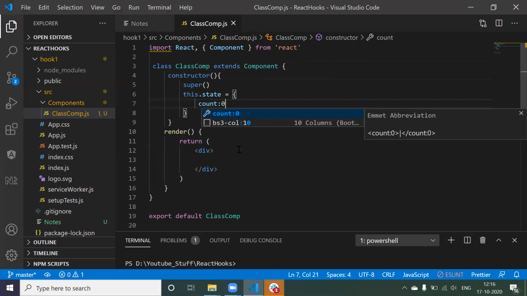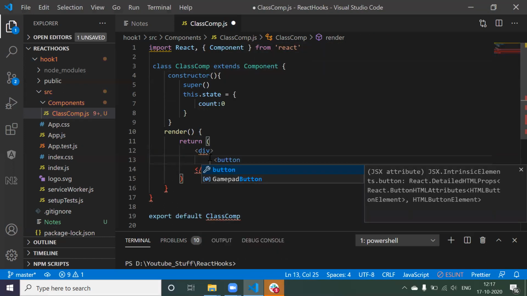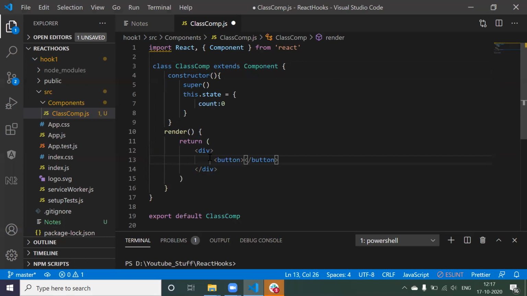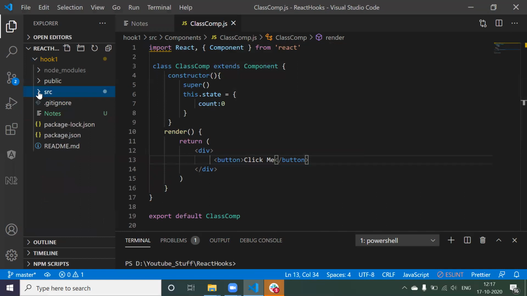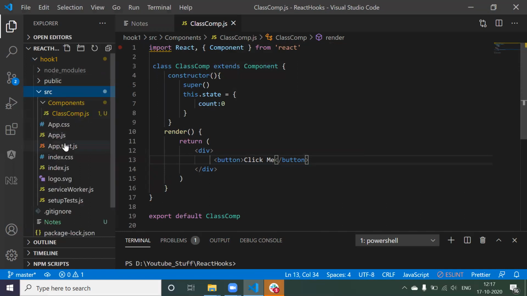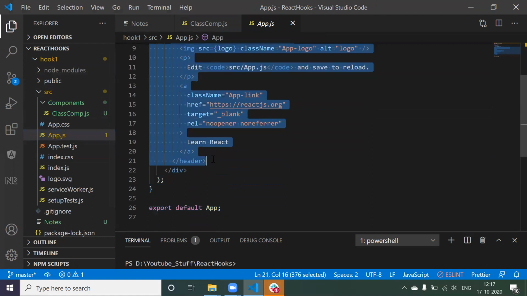It means we are going to create a button. So I wanted to create a button. Okay, now the button will be like "click me", something like that. Now if I want to use this component, first of all, we have to keep this component in the app.js because the execution starts from the app.js. So I'm going to come to the app.js. So I will be removing this header part from here.